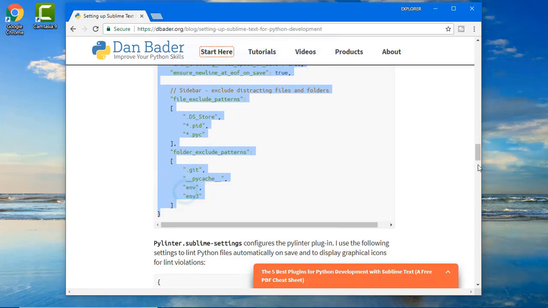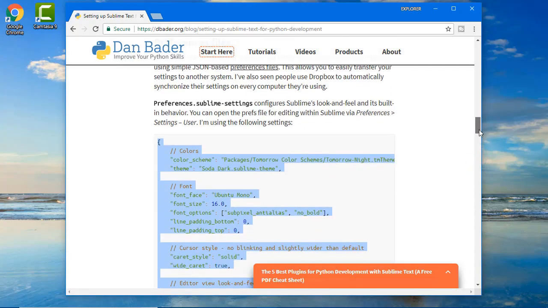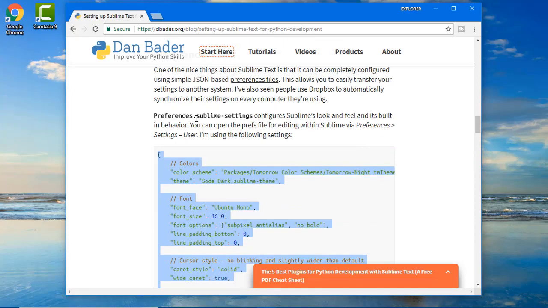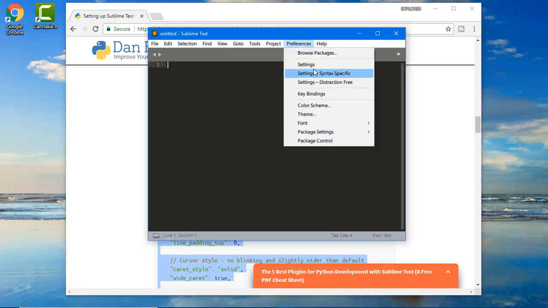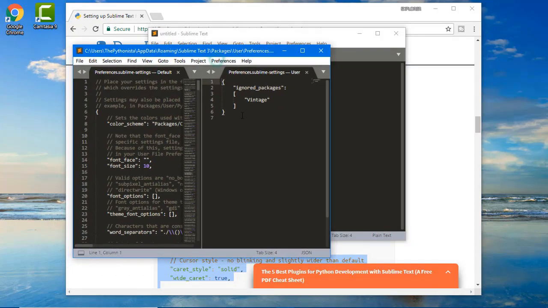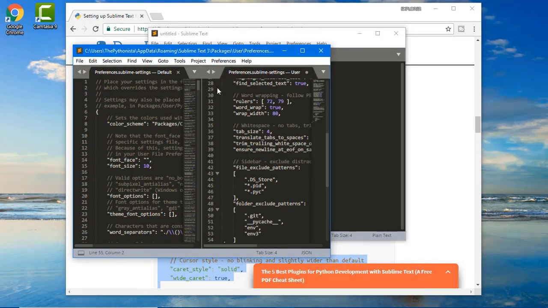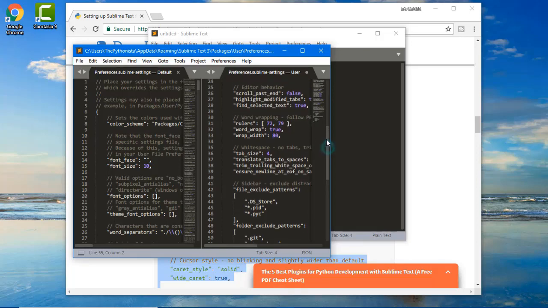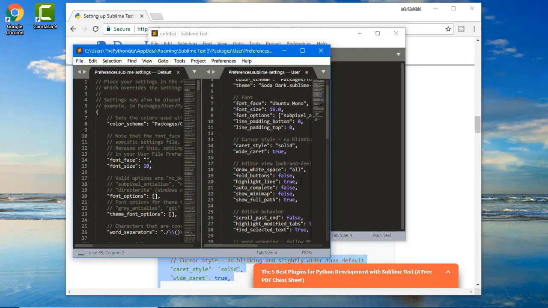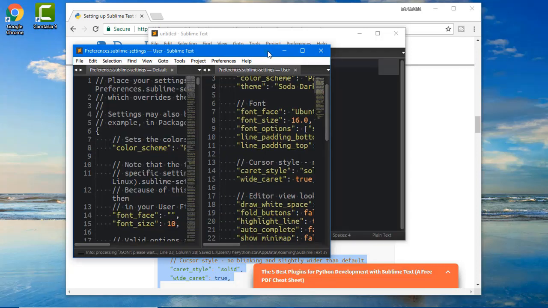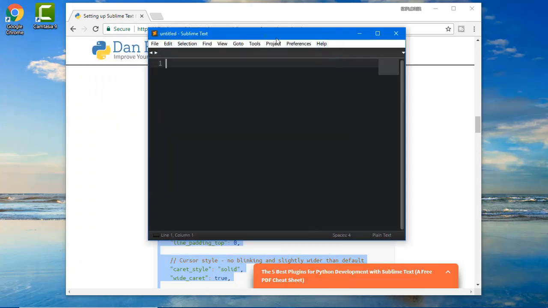Preferences.sublime-settings here. And paste these here. If you don't want to show the full path, you can set show full path to false like I did. Okay, now save it. And we're done installing.